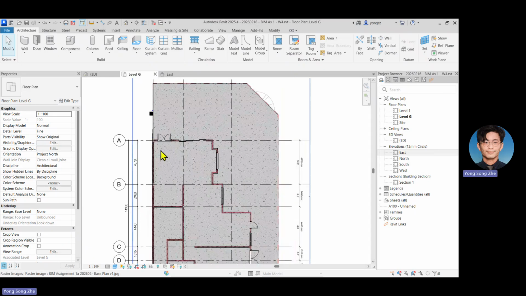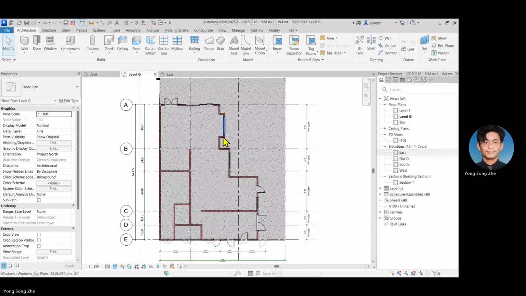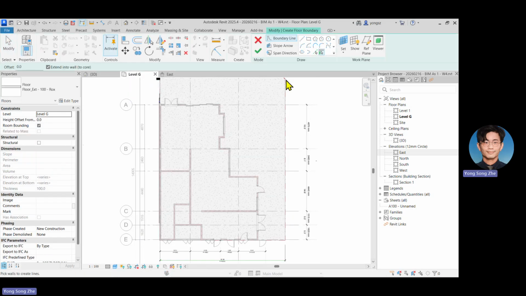Okay, next is your interior floor. So it's a bit complicated, the boundary now, more challenging. So we go to architecture, floor. Instead of using the square just now, you can try with different tools. There's a tool here at the end called pick walls. So I click this,